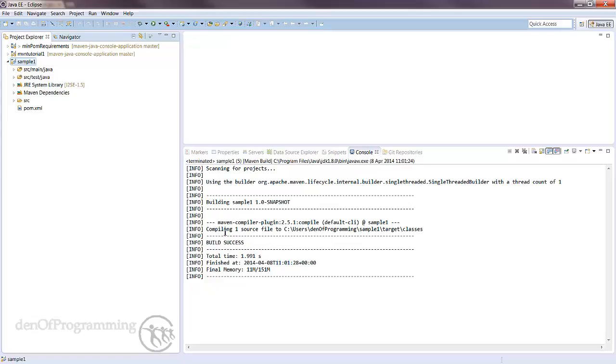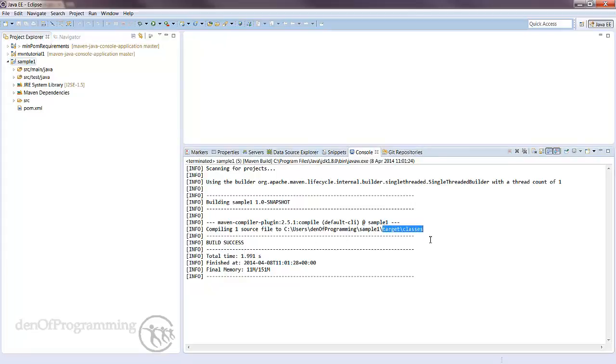Okay, and what it's done, it's found basically one source file and it's compiled that and it's put it into the target classes directory. Notice, because we're running just the goal and not the compile phase, only that goal has run. This is quite an important point to remember, and I'll be emphasising that a bit later on in the